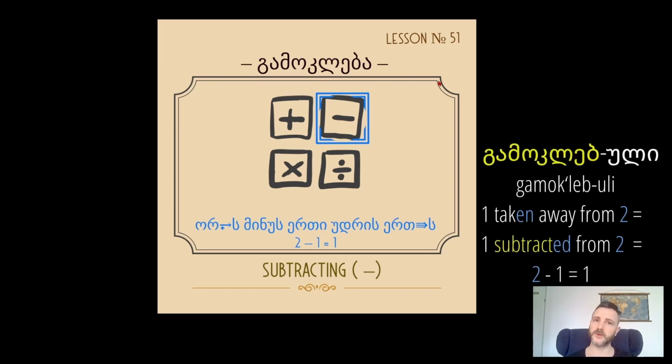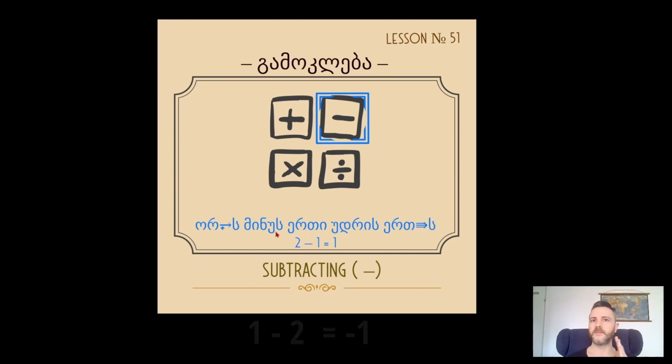So in Georgian, we've got another alternative, გამოკლებული, which will give us the pure idea of subtraction, because minus is also used in another way. So if I were to say 1 minus 2 equals negative 1, that's quite important because, again, in English, we don't say negative 1. We would naturally say minus 1. So we find on one hand, it's quite useful that minus and minus are the same. But again, it can appear a little bit awkward. And so just remember that